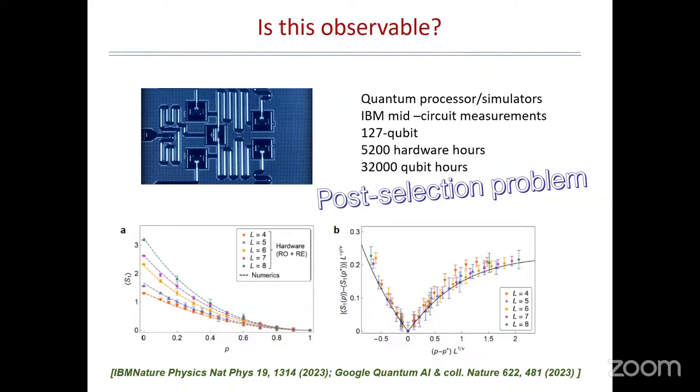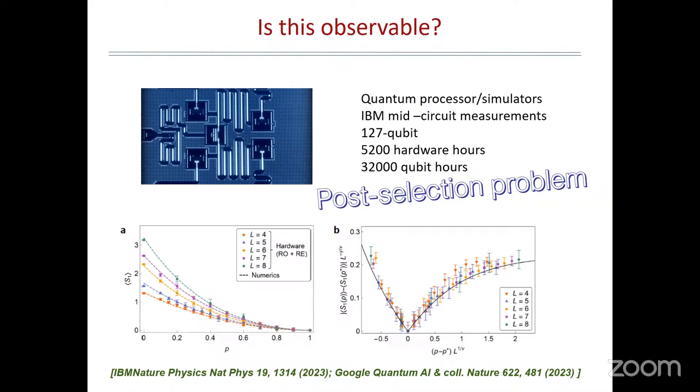So if you want to measure this kind of thing, what you need to do is to take one trajectory, so take your quantum architecture, prepare a state, and then evolve it with measurement for a long time. You look at the final state. Now, for that state that you obtain in one run of this experiment, you should be able to measure some quantity related to the entanglement, so something which is nonlinear in the state. To do that, the most straightforward thing is to do tomography of the state. You can do things which are more effective, but in any case, with many copies of that state, you can do it. So you will be able to produce several copies of that state.